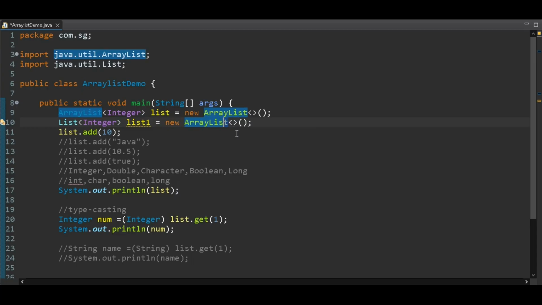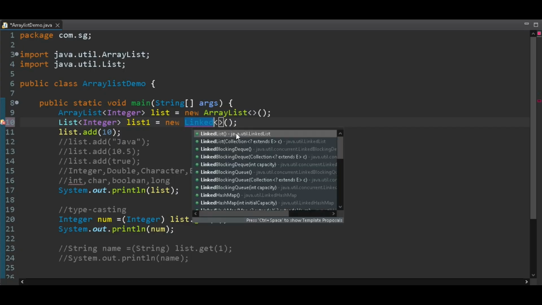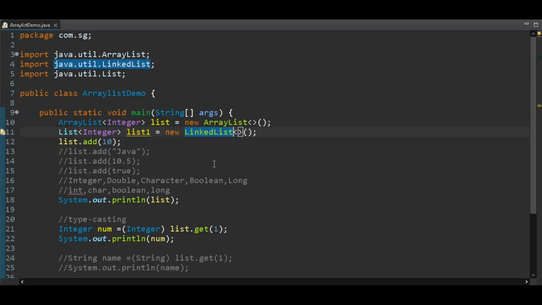Like you can simply change it here to LinkedList, and the rest of your code that uses the common list operations can remain the same.